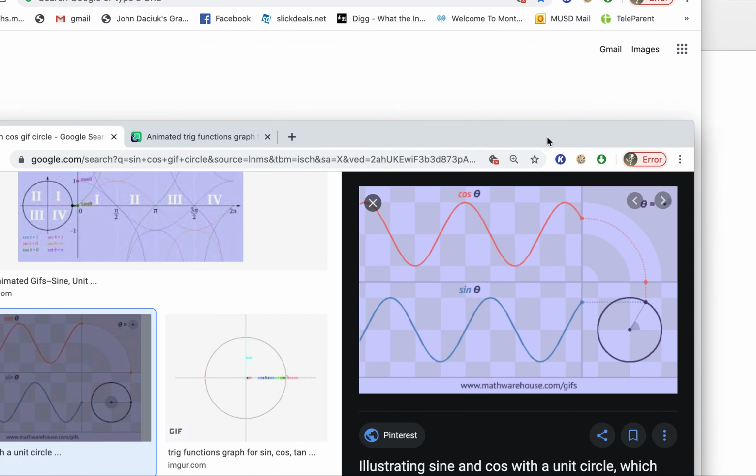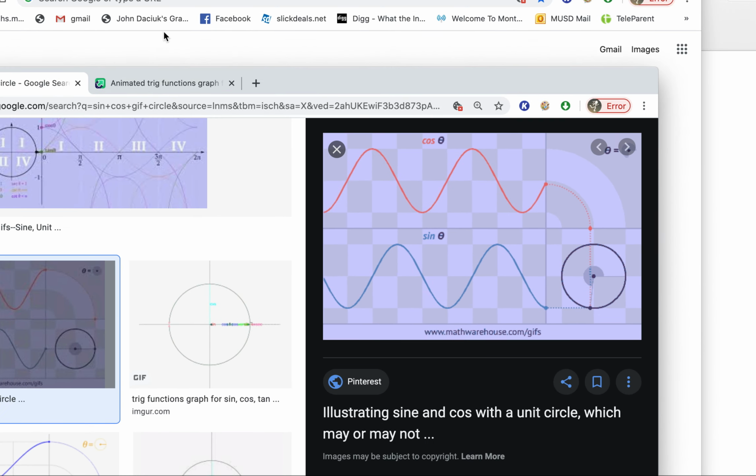So trig ratios are pretty important, and I hope you understand a little bit more about what they